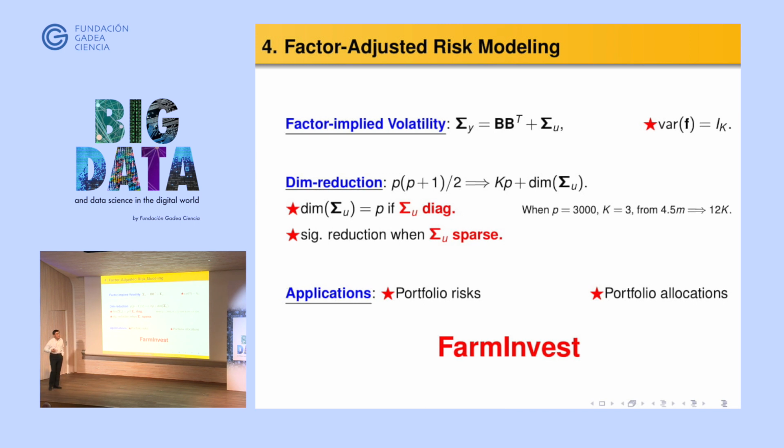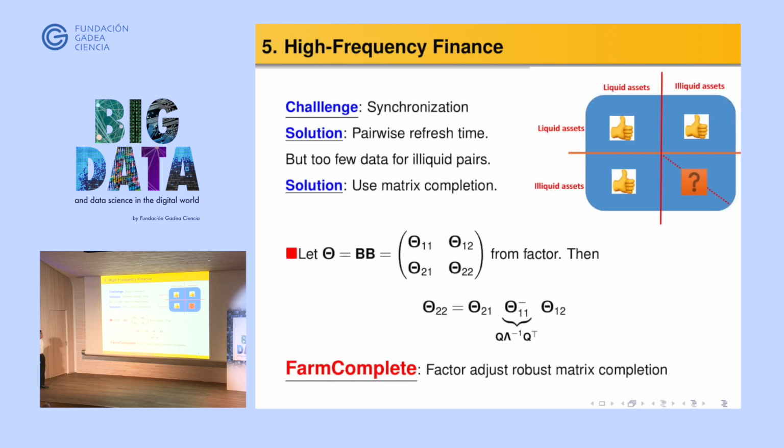We have been doing this for maybe the past 10 or 15 years, right? So you can use this to do risk modeling, right? So the factor implied volatility would be the common part plus the idiosyncratic part, so it would be a noise reduction. You could use this to do graphical modeling and so on and so forth, or for portfolio selection and portfolio allocation. We should have written a program for this called FarmSelect, but we didn't really get a chance to do that.